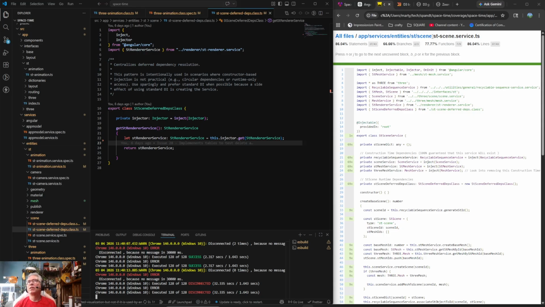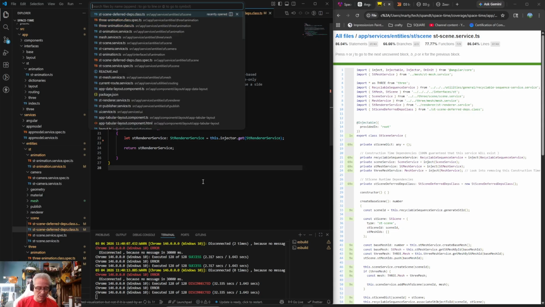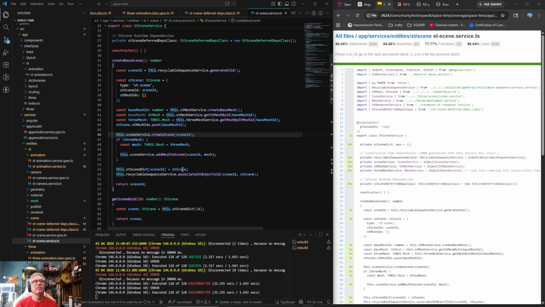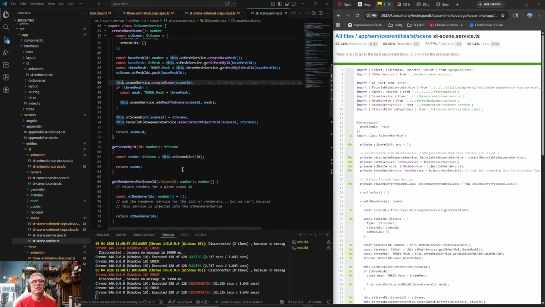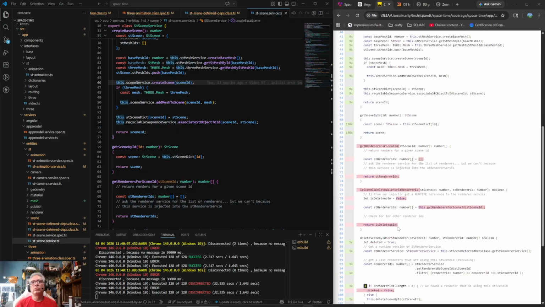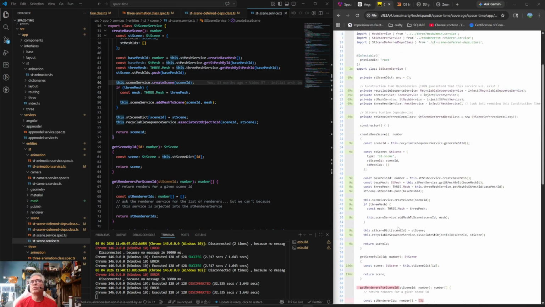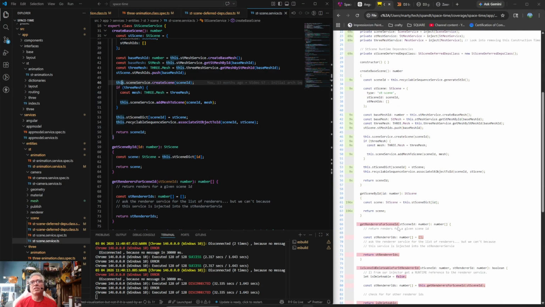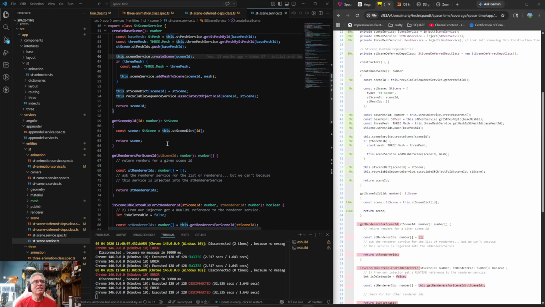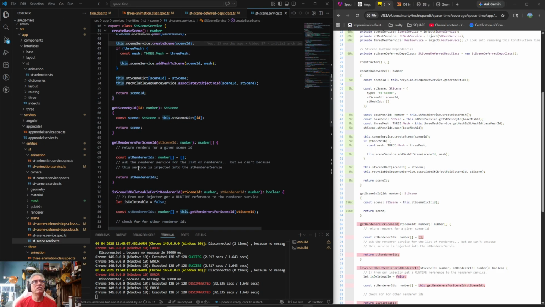Let's just grab this. Control P, ST dash scene service dot TS. And then the question was this get render that's on line 66. I don't think we need this at all, because I think the general idea was that we would get the renders in here, but